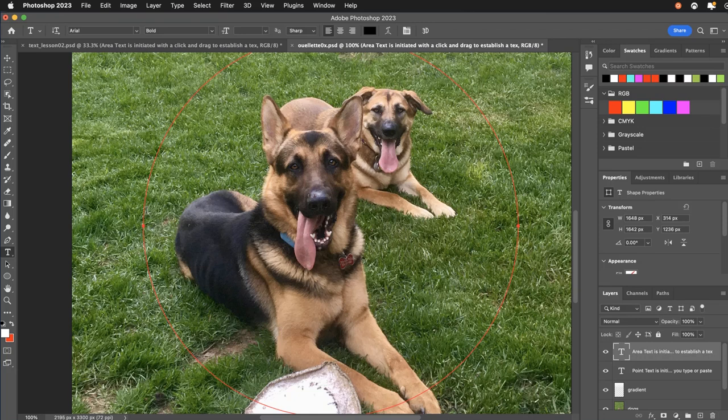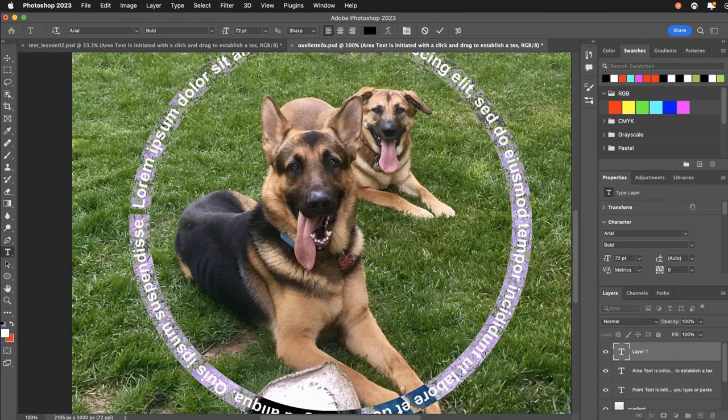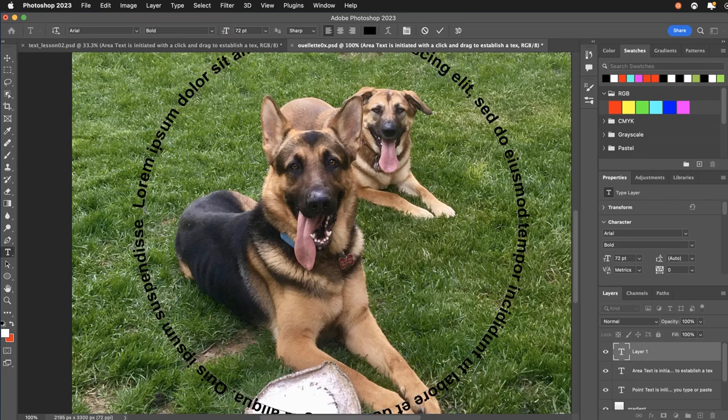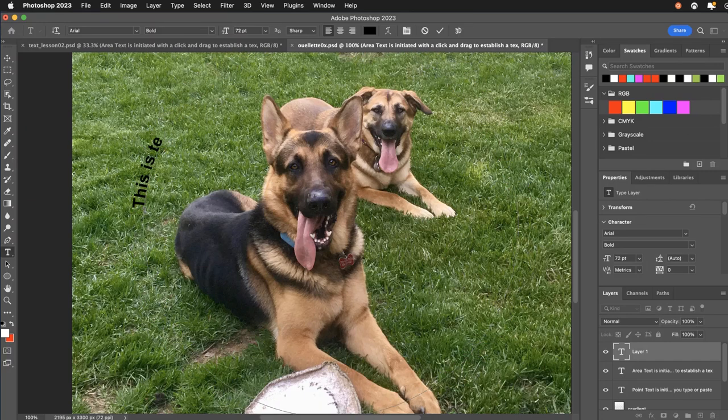That will be your insert point on the path. So I'm going to click it, I'll say about here. And you see it starts by filling it in with placeholder text. If you start to type right away, you replace that placeholder text. So I'm just going to say this is text on a path, for example,